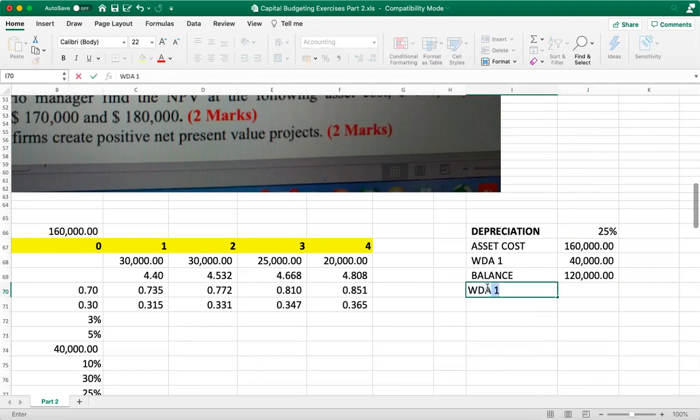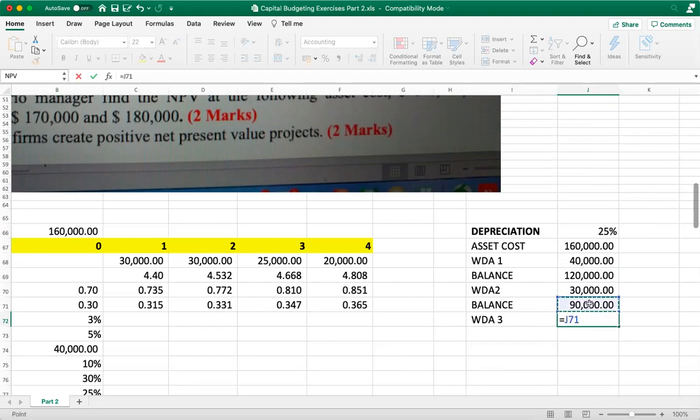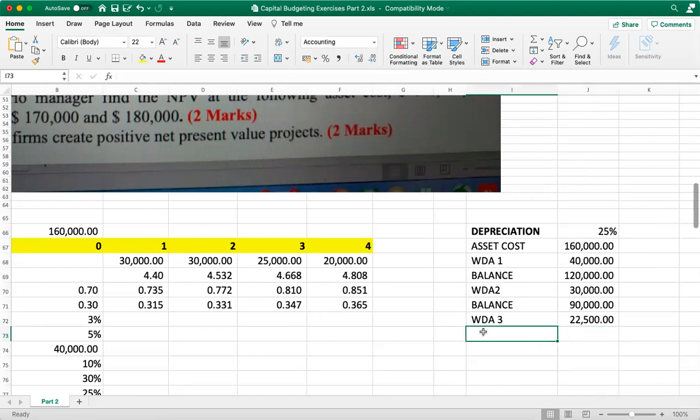So say writing down allowance year two equals 120,000 multiplied by 25%. That gives you 30. Get the new balance. 120,000 minus 30,000. You get writing down allowance for year three. Writing down allowance for year three is 90,000 multiplied by 25%. So balance